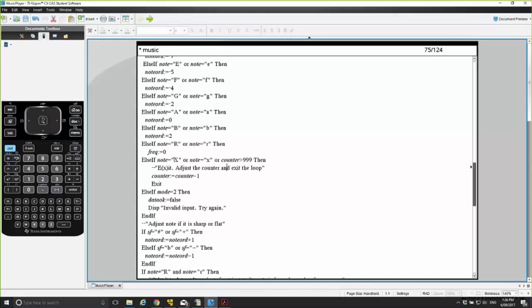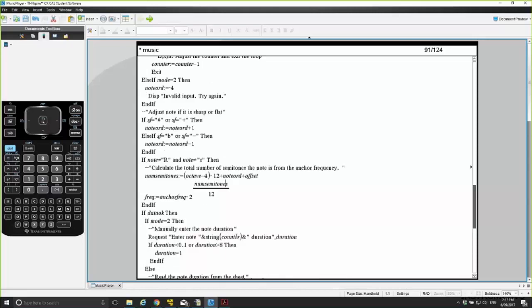So when it finally reads an X from the sheet, it knows to drop out. Okay, and so we go down a bit further, and now it's going to adjust that value based on whether it was a sharp or a flat. I think there's some issues working with the actual sharp symbol on the TI sheet. I've got a funny feeling. So you can either use the sharp symbol or a plus symbol for a sharp, a B symbol or a minus symbol for a flat, and then it just adjusts that,